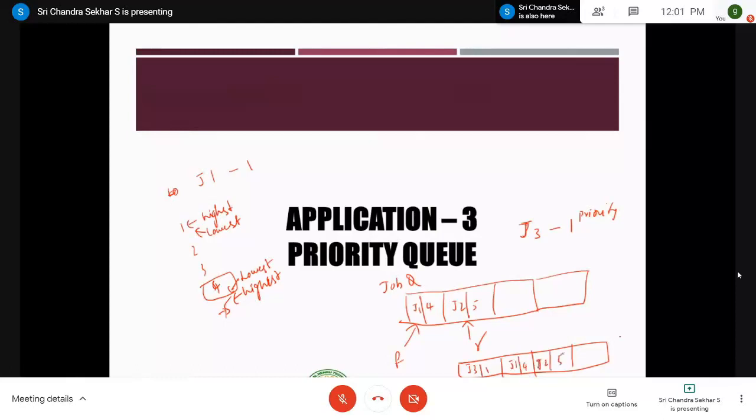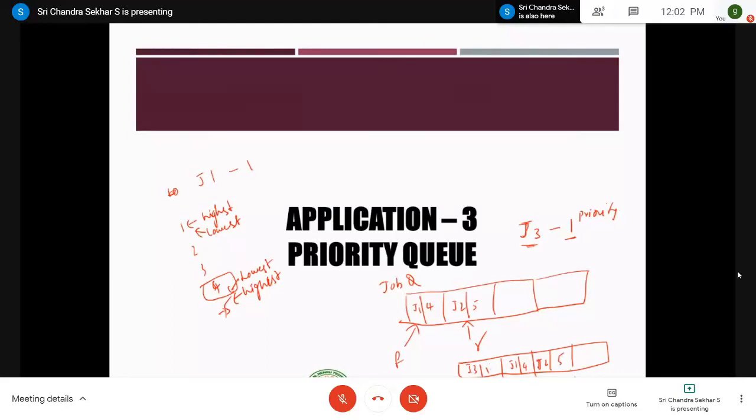Whenever a job enters the queue with the highest priority, that job has to be executed first, so you have to make some rearrangements in the queue such that the highest priority job always stays as the first element. This is how the adjustments will be done.